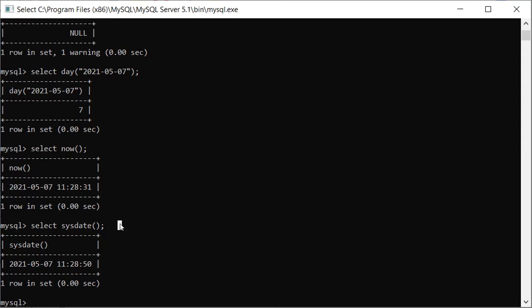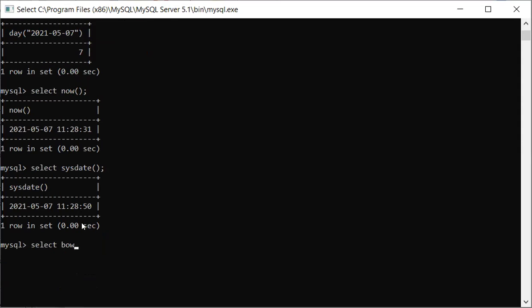Suppose I am writing select, and you will tell me what is the difference. If I am writing select, then I am writing now. Those who are having problem with the day function, what this will do, it is going to fetch today's date. For example, this is your year, this is your month, and this is your day. Whatever will be the day will be shown if you are fetching it by using the day function.